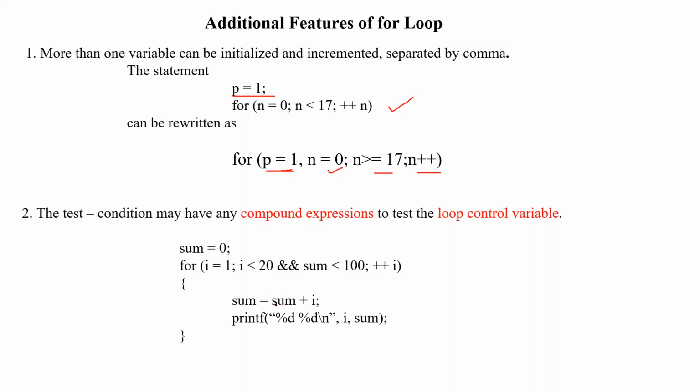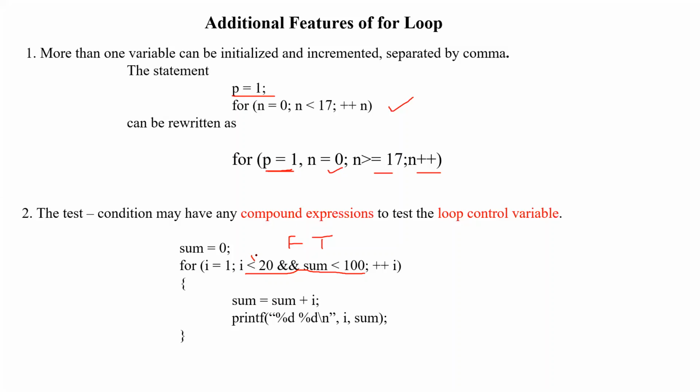The next one is here we have a long compound expression. So here it should be a Boolean expression. What is a Boolean expression? An expression which will either return a false or a true is known as a Boolean expression. But a Boolean expression itself, you can give it as a compound or a complex expression consisting of two relational operators,